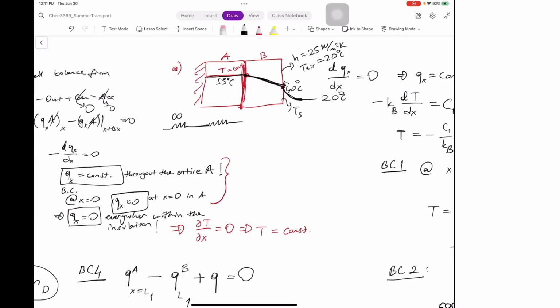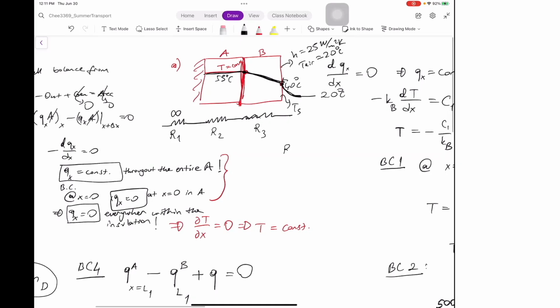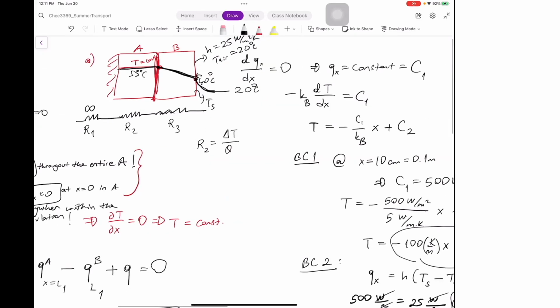There is another R here, and there is another R here, right? You just write down this. R2 is going to be equal to the delta T over Q, right? And it's a linear function, so you basically get